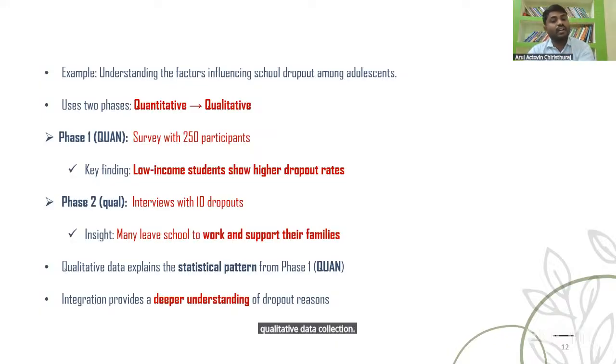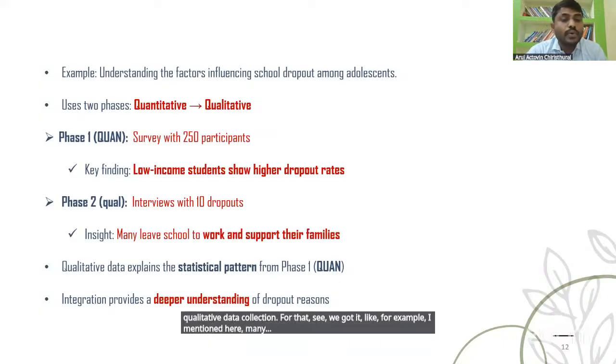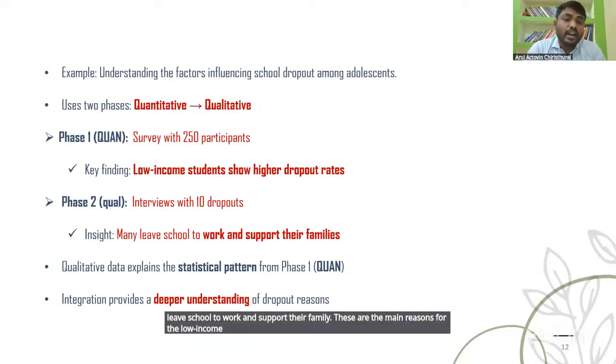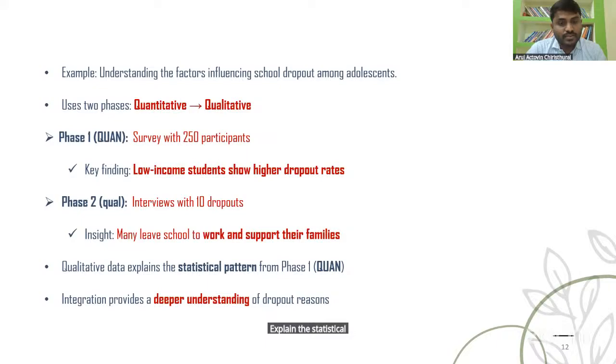For example, I mentioned here, many leave school to work and support their family. These are the main reasons for low income students having higher dropouts. So qualitative data explains the statistical patterns from phase 1, the quantitative data. For this kind of study, the sequential explanatory design is the perfect one.